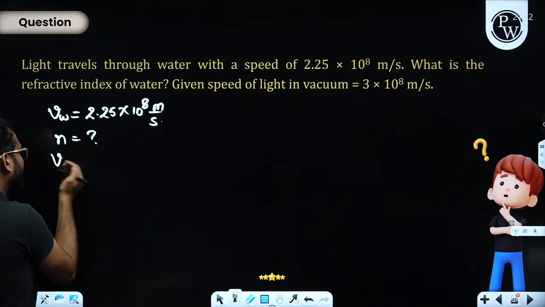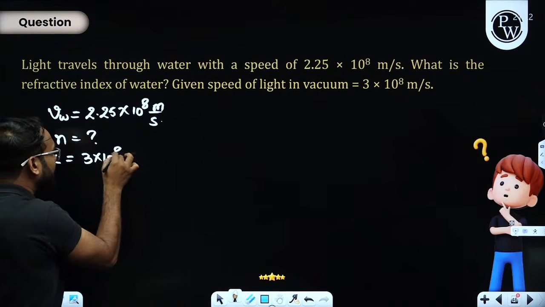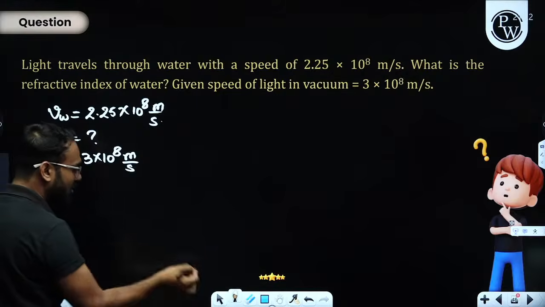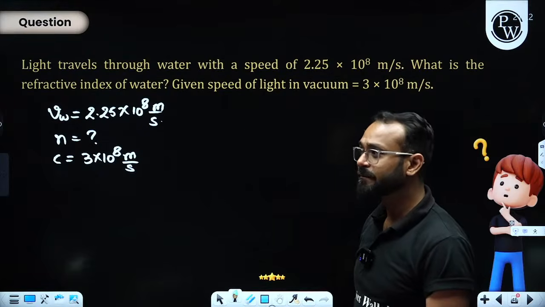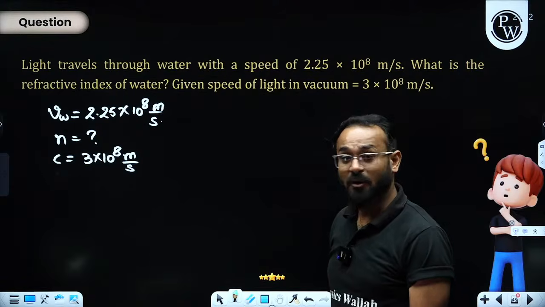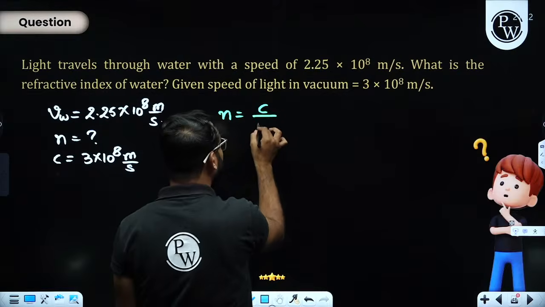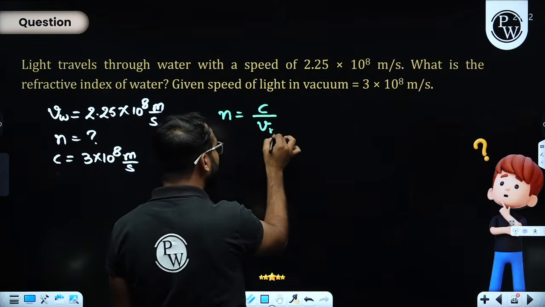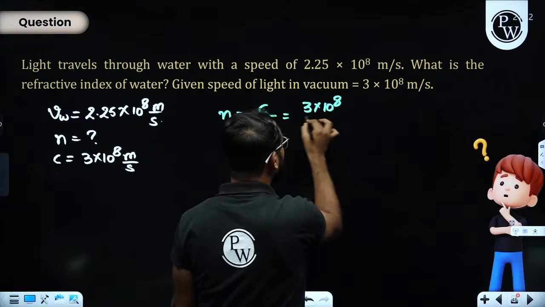The speed of light in vacuum is 3 times 10 to the power 8 meter per second. What was the formula? Refractive index equals speed of light in air or vacuum divided by speed of light in the medium. That is equal to 3 times 10 to the power 8 divided by